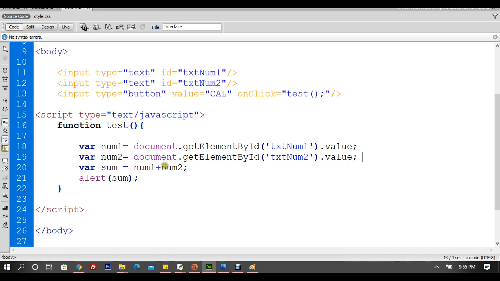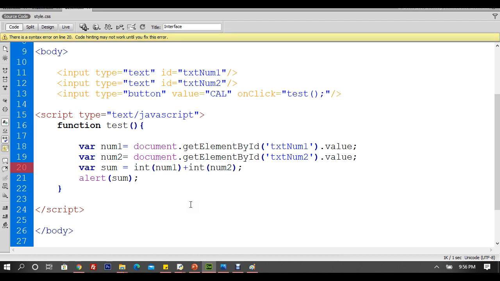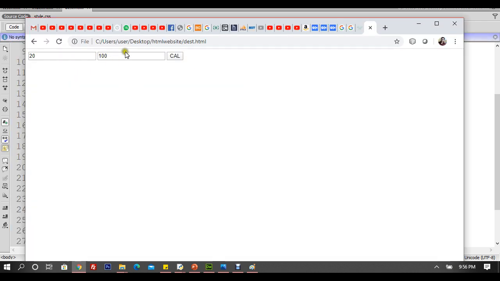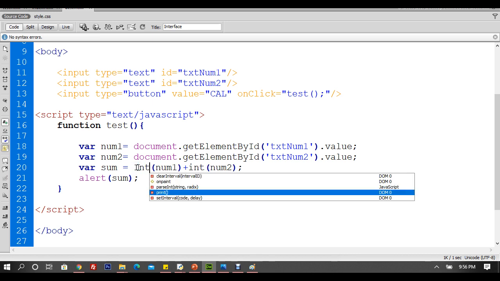Alright, you can say, hey, take num1, but you got to take this num1 as int. Can we do this? Let's see. Take this num1, take it as int. I don't know whether it works, but I believe it may work. 10 plus 20 is going to be 40. No, it's not working, so I may have to do